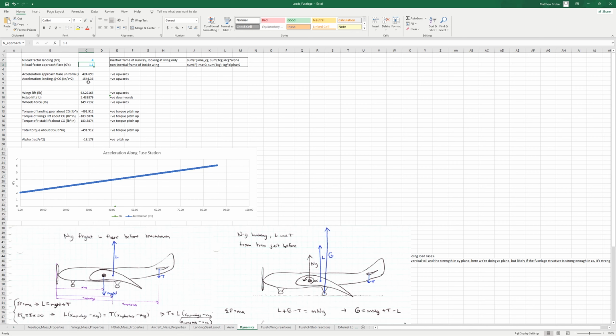These two are balanced with the weight of the aircraft for that 1.1 Gs as it's coming in. And then right as it hits, maybe from the videos that we've watched for our landing, we can estimate, because of the sink rate and how much time the aircraft takes to transition from its sink rate to not sinking anymore once it touches the runway. Then